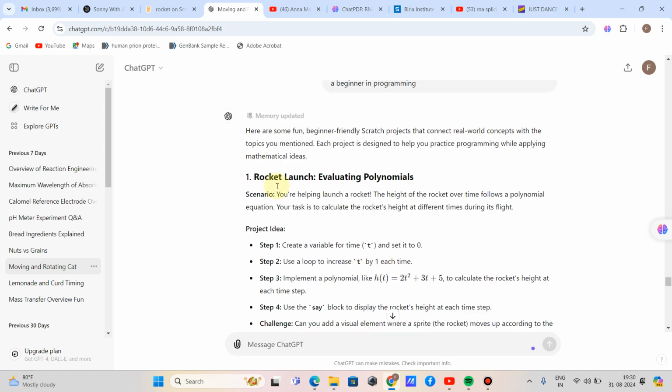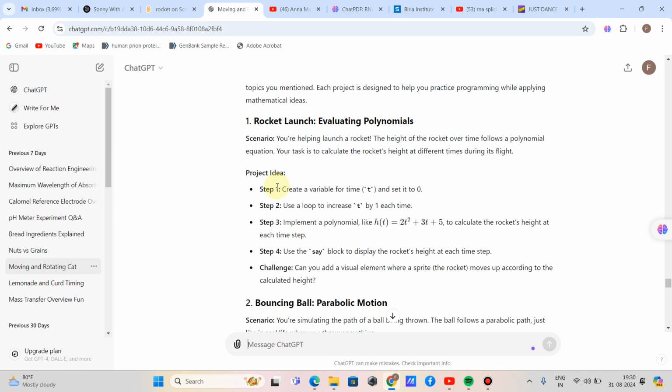This is the problem: I'm supposed to design a project where the rocket is launched according to a function which is dependent on time, and I have to display the height of the rocket while launching at every time step. I have taken the time step as one second. And the challenge is how can I add a visual element where a sprite, the rocket, moves up according to the calculated height.